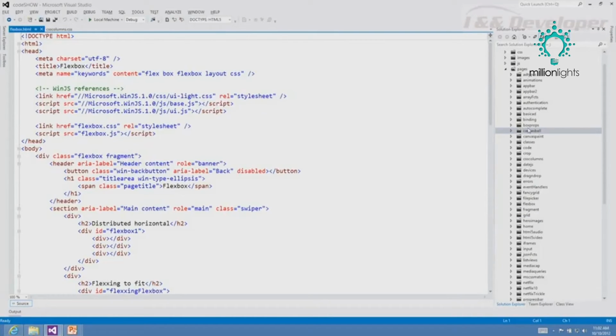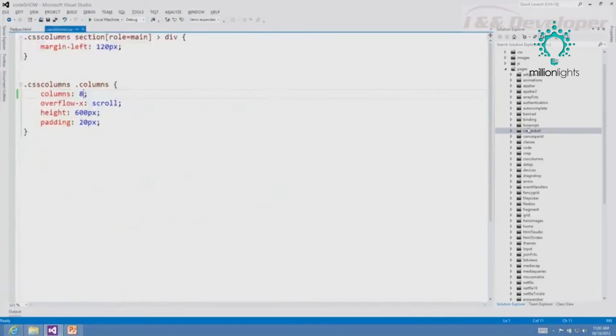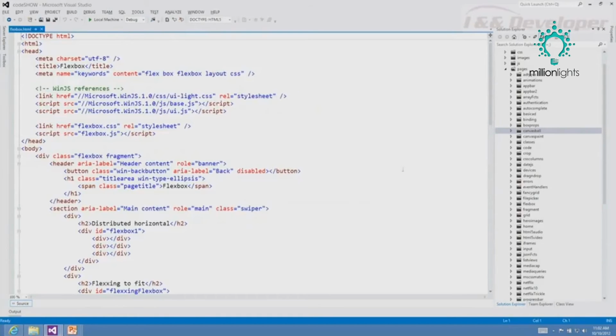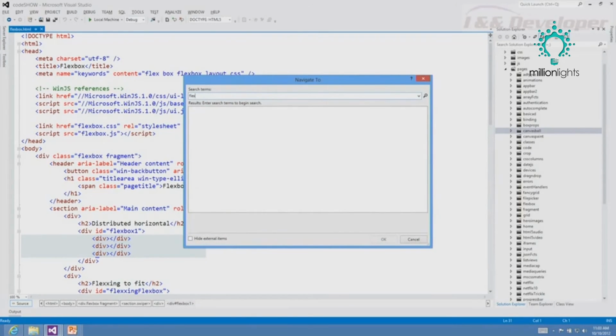So first I'm going to go to the HTML. I'm going to close down my other ones so we're not confused. And let's look at this first example. This is it right here. It's very simple. We have a div with an ID of Flexbox1, and it has three divs below it. So you can see the role of HTML here. It's just the structure, a Flexbox, and then three things underneath it. The rest of this is happening in the CSS. So let's go to